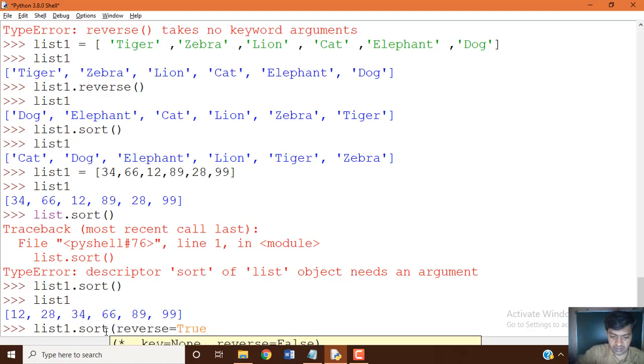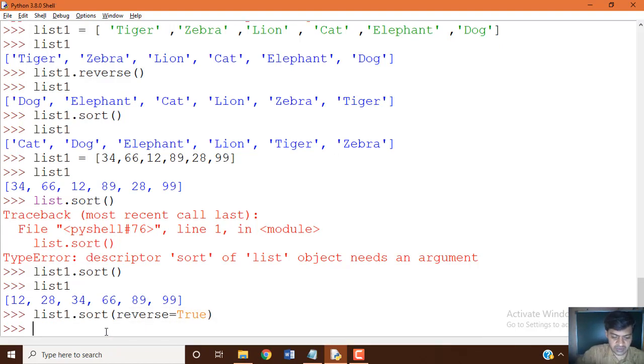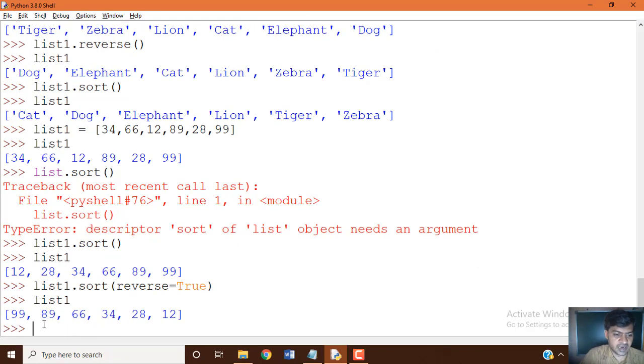Argument. Let's see what happens. Reverse order will be printed. Descending order: when you want to sort the data of a list variable in descending order, then you need to pass the sort built-in function the argument reverse equal to true. By default it is false, and if you want descending order, then you apply reverse equal to true, which will give you the descending order of that data.